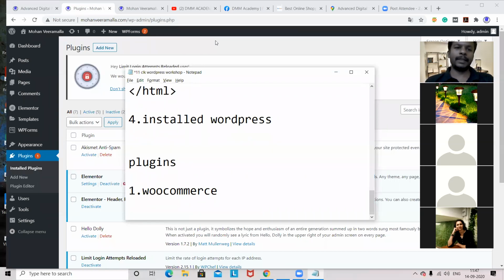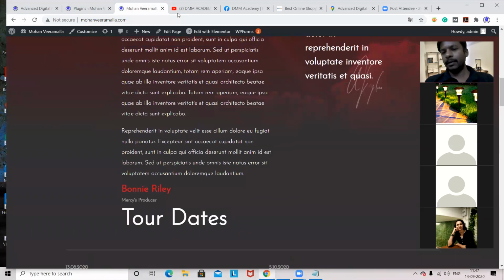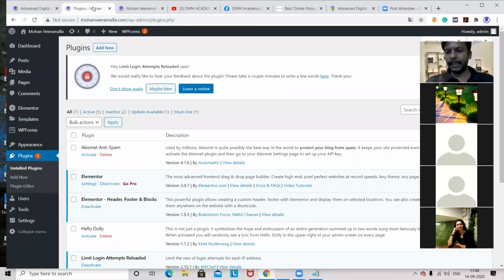Now, I have selected a default theme. This is not a shopping theme. Even for this theme, if I want to sell products, I have to install the WooCommerce plugin. Then only I can sell. When we use Elementor, I'll show how to install and use WooCommerce. Today we'll analyze only plugins. Next plugin, I'll show that also, it will be helpful.